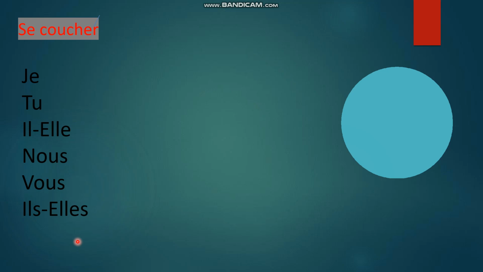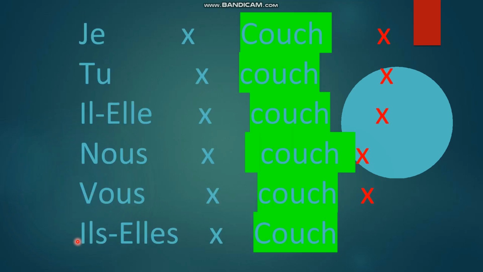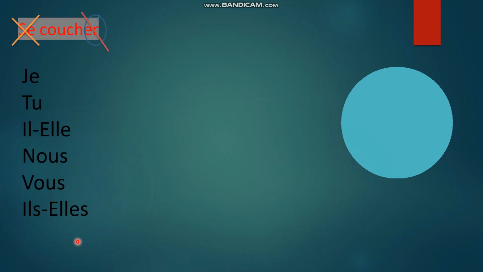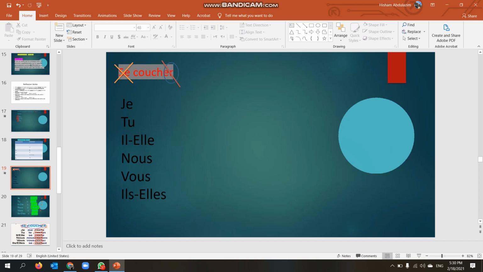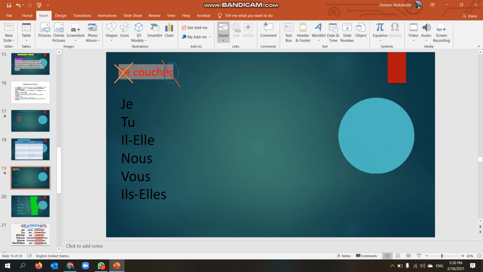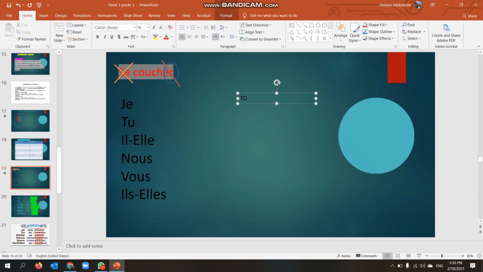The first thing that I am going to get rid of is se and le ER à la fin. I get rid of se and ER. Why? Because it is the mark of the infinitive. In French, I do this. In English, if I give you the translation of the verb, it is to go to sleep. Okay? And I give you I